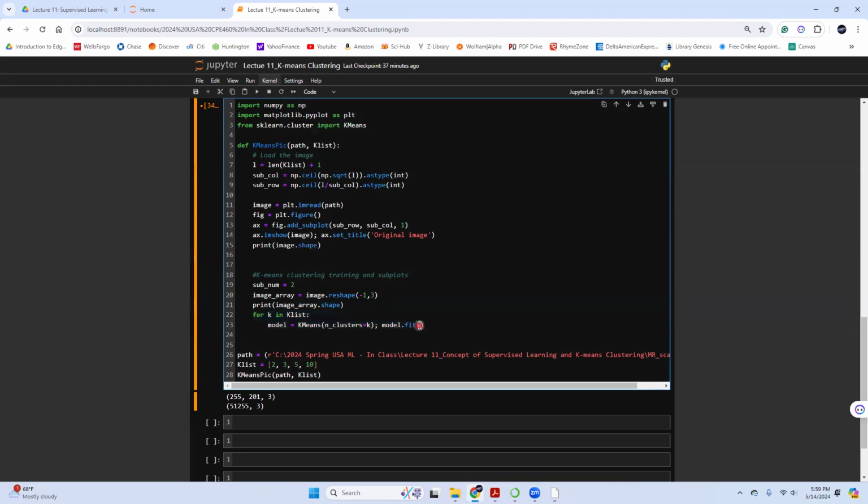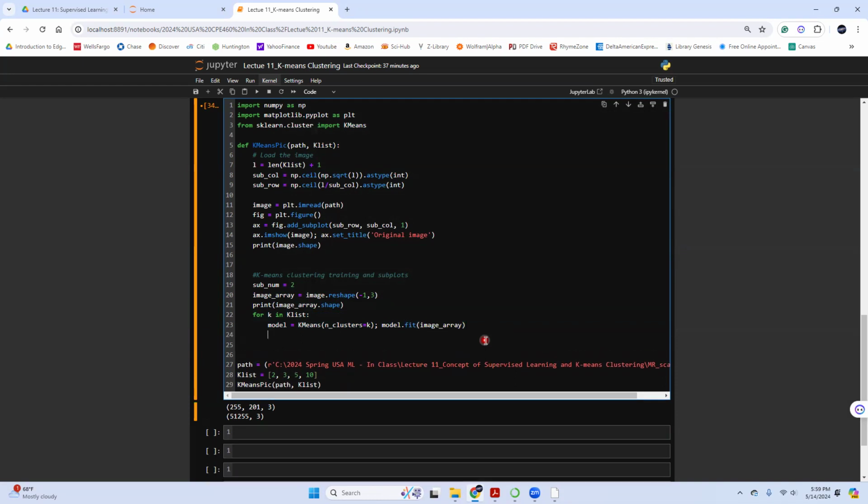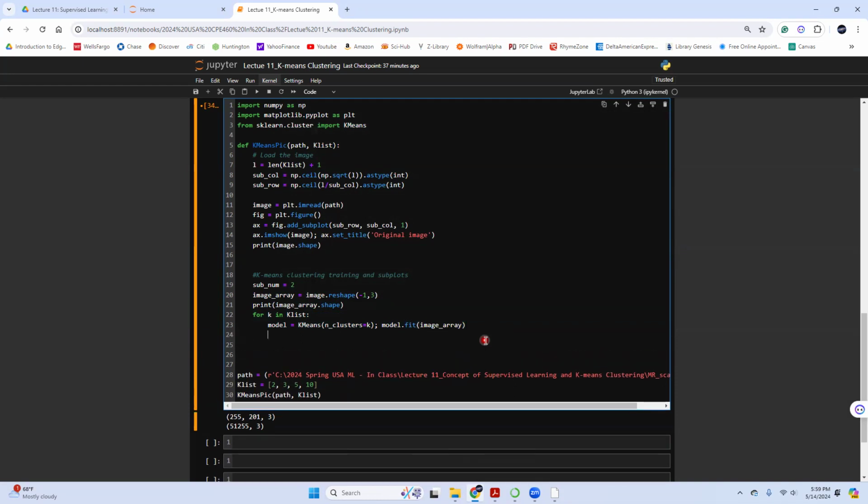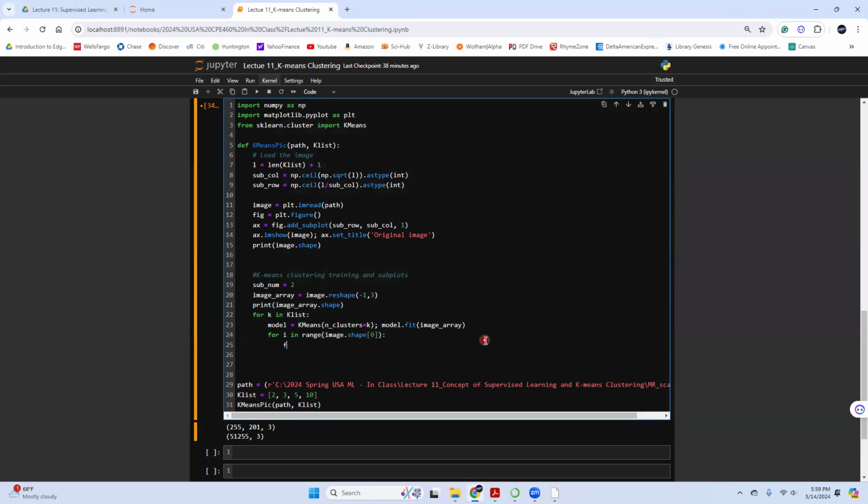Okay, now let's do the k-means clustering. For the fitting, I'm gonna fit based on this array. It's no longer a tensor anymore. So now I've trained the model, I've fit the model. The next thing I need to do is plot it out, right? So I'm gonna say X, I, and J's for I in range of image dot shape 0, for J in range of image dot shape 1.